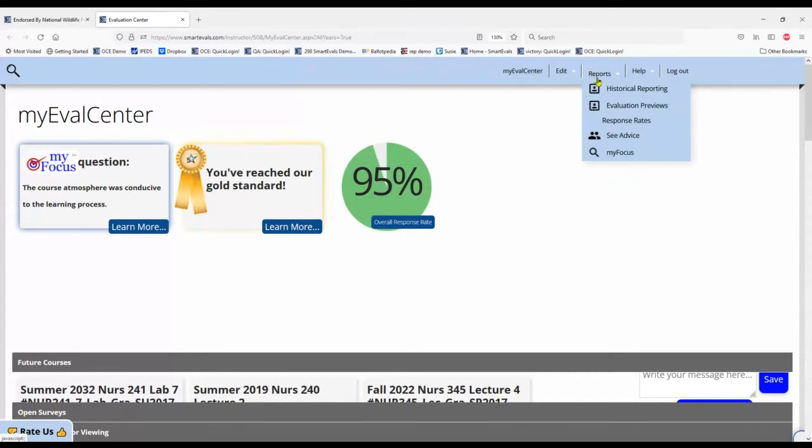After that, you've got your reports. You can look at historical reporting, which you don't really have a lot of, but that will give you a list of all your reports over the course of time that you've had with SmartEvals. You can preview evaluations, and I'll show you a better way to get to that. You can look at response rates, and each one of your classes is displayed with its own response rate. And the C advice in my focus, I'll touch on at the end